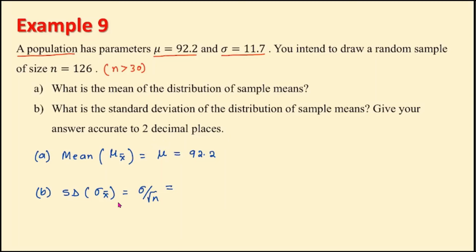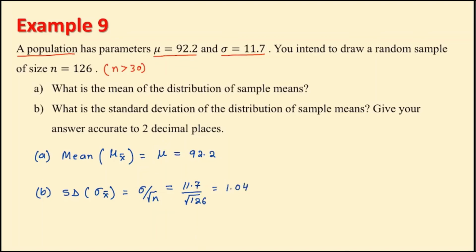Sigma is the population standard deviation, which is 11.7. And we are dividing that by the square root of the sample size, which is 126. Now we are asked to simplify this and give answer accurate to 2 decimal places. So if we simplify this using our calculator, it should be